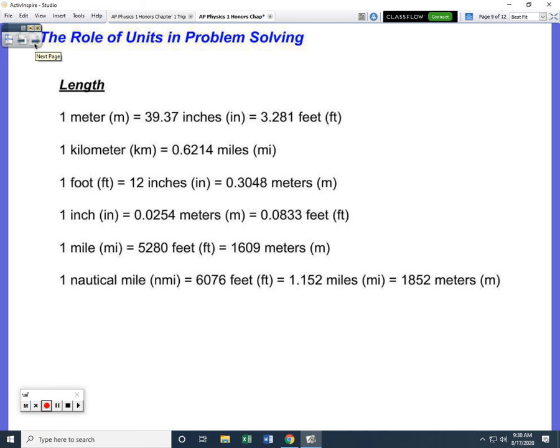We also want to be able to convert into our different units. So we've got meters and inches and that type of thing. So we'll look up all these conversion factors. If you were in class, I have a nice little conversion factor sheet that we use. I may post a PDF of that onto the Google Classroom, but with you online right now, you can probably look most of this up just as quickly.